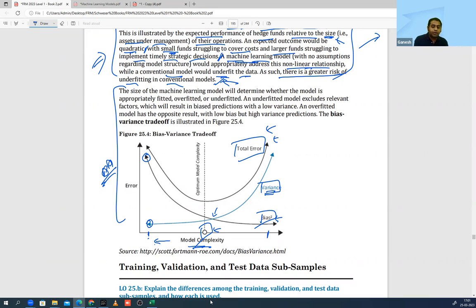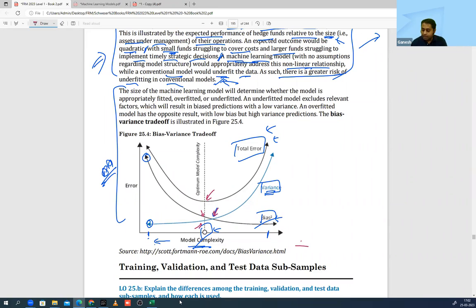Now, one interesting point that you can see from the diagram. Ideally, they should have chosen this point. But do you realize this point is not leading to the overall reduction in the error? Where is the overall reduction happening? It is happening over here. That is why I am okay to take this much variance error and this much bias error. That is the logic here, that is the optimal point. Obviously, I want to reduce both of them, but my overall goal is to reduce the overall error also. Because when my overall error goes down, the model becomes better.